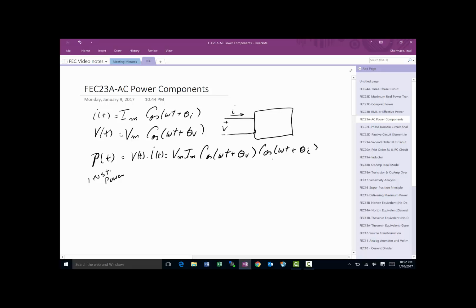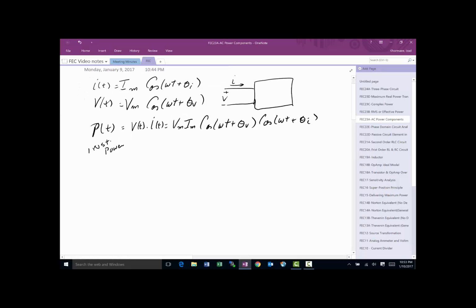At this point, we can find the instantaneous power value at any given point in time by just plugging values in there. That's great. But we want to reorganize it so we can have a more refined conversation about its components and make some decisions based on that. Even though I'm not going to go through it, it's basically applying a number of trigonometry identities, and then we'll be able to write P of t as Im Vm divided by 2 cosine of theta v minus theta I,